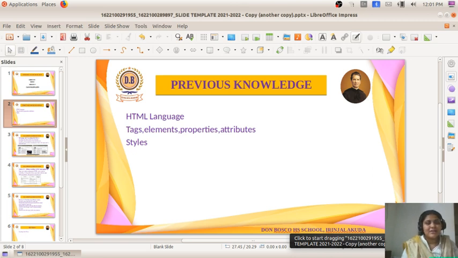We write the HTML code in tags, and attributes are those that style the tags.